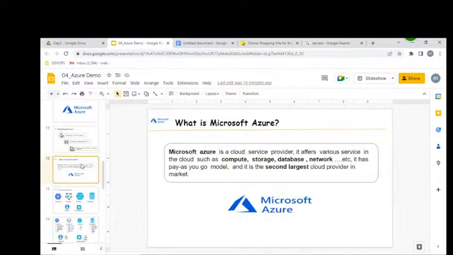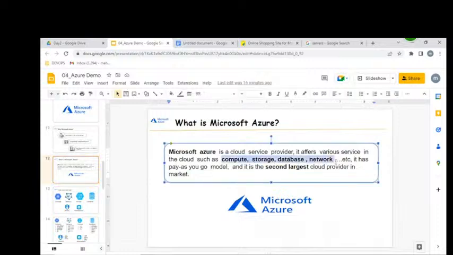By using Microsoft Azure, what kind of services are we going to get? Maybe computing power, storage, a database, or a network. These are all things we get in a virtual form. Microsoft Azure provides cloud services such as computing power, storage, database, and network, which is infrastructure in a virtual form.